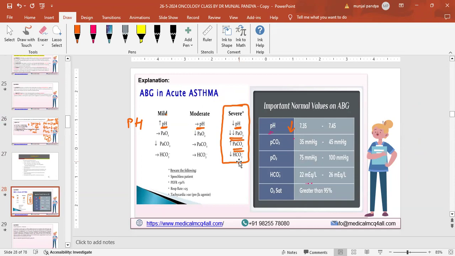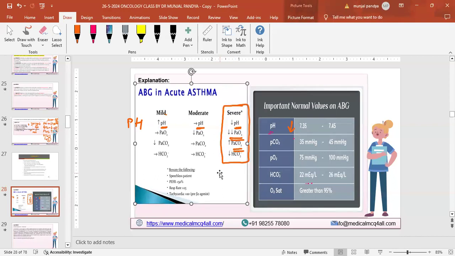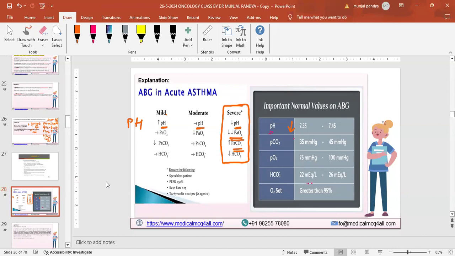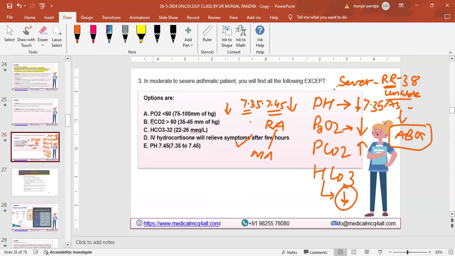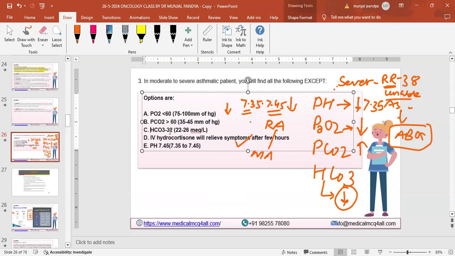If you can see, this is almost usually reverse. When you have CO2 high, HCO3 low. When you have CO2 low, HCO3 high. Remember it in this simpler way as well: CO2 and HCO3 never both get elevated in most conditions. So this is again a practical clue. Here your PCO2 is high and your HCO3 is high, so it will never come that way.